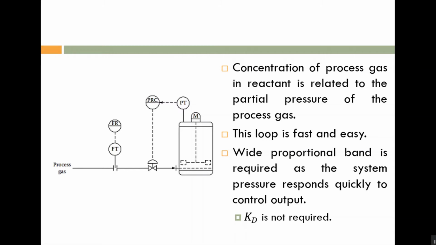That means we can't select the type of control valve, whether a normally open or a normally closed control valve is required. We can't decide that here. If we want to decide that, first we have to know the type of chemical reaction that is happening inside the reactor. Okay, so leave that one. Forget about the type of control valve. If we don't know the type of control valve, then we can't say anything about the type of controller, whether we require a forward acting or a reverse acting controller. But one thing we can say: whether we require a proportional controller mode, PI controller mode, or PID control mode, that we can say.